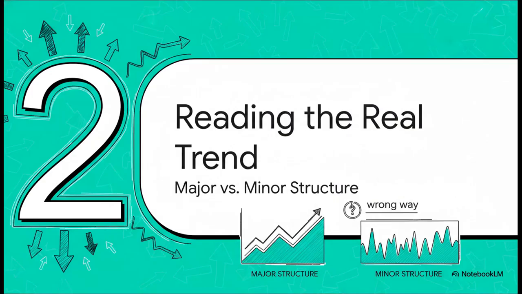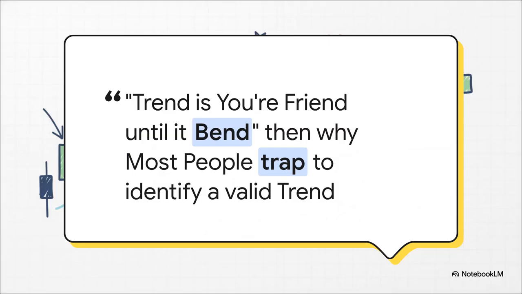Okay, so now that we've got the key terms down, let's see how they all fit together. We're moving on to the idea of a trend. And I know, that sounds super basic, right? But this whole methodology argues that most retail traders are looking at it completely wrong. And the source material really leans into this. We've all heard the saying that trend is your friend, but come on, if it were that simple, why do so many traders get caught in false moves?